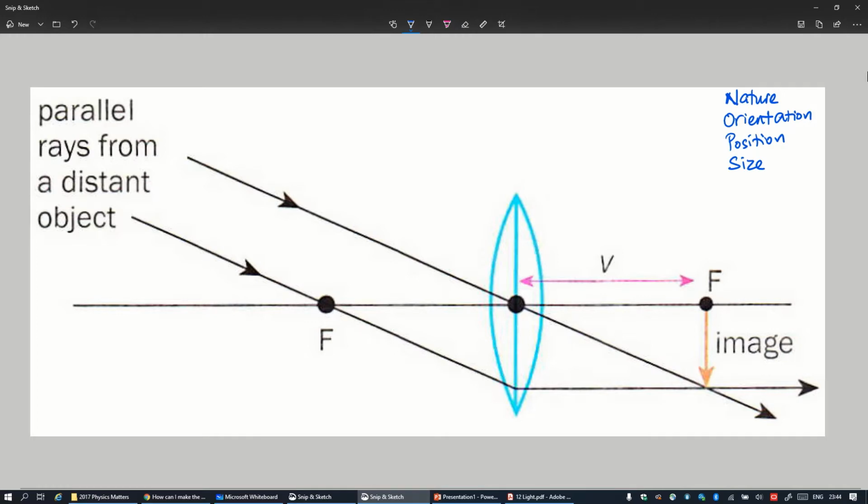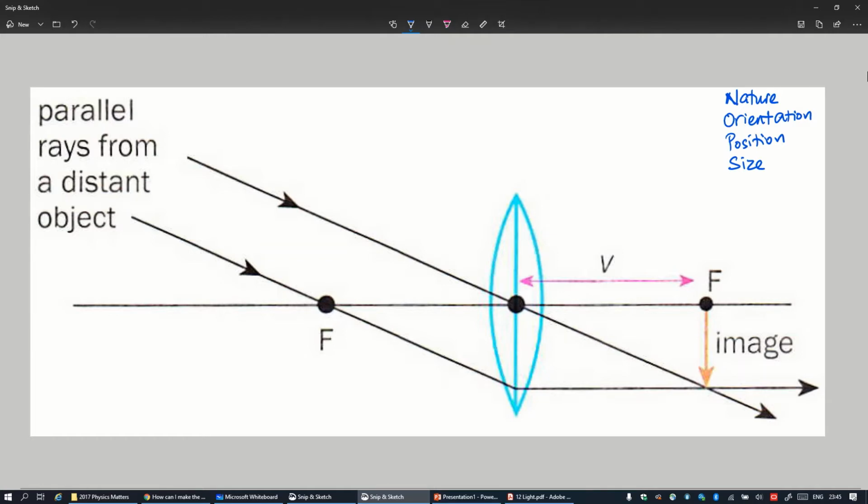What happens when the object is located very, very, very far away? What type of image will be formed? Now in this example here, we're going to consider an object that's located very, very far away, so far away